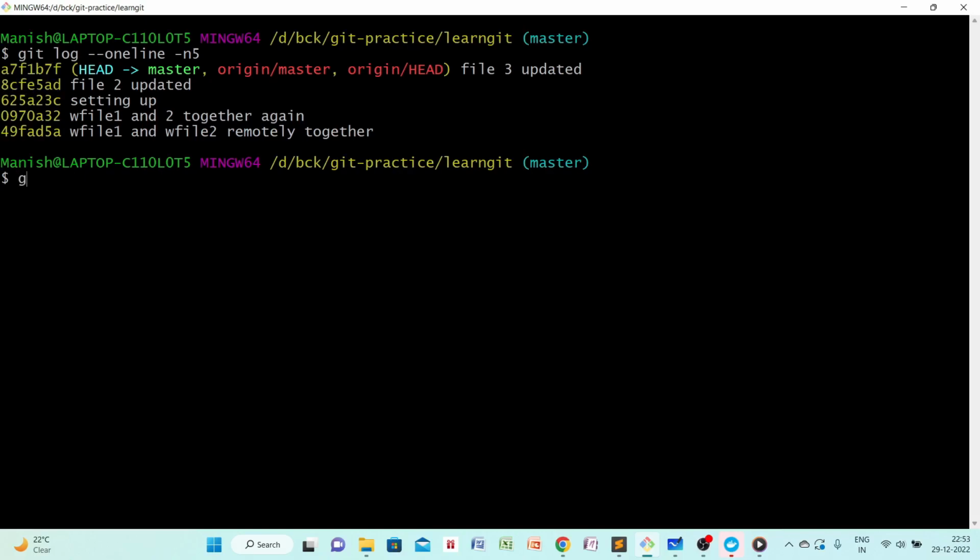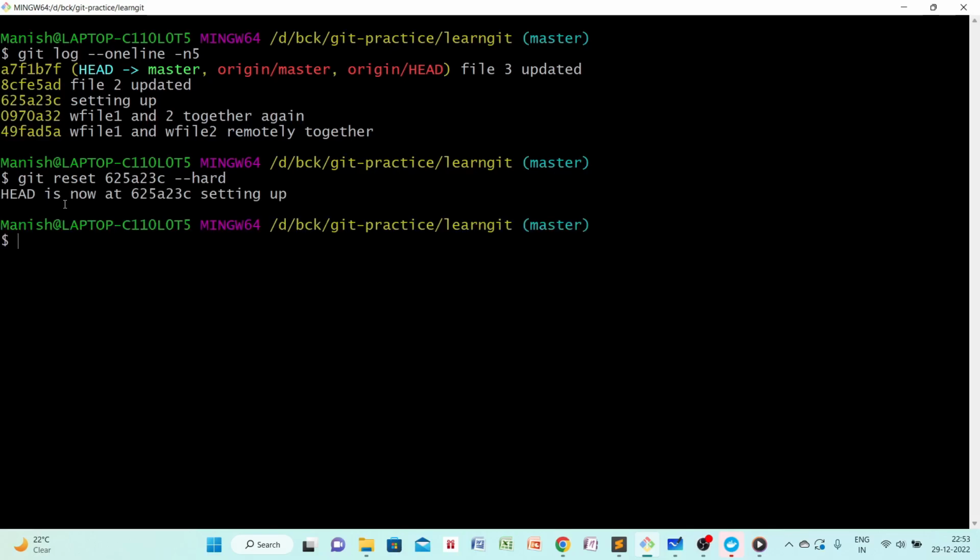Let's see this. We will do git reset, then copy this commit id here, and we will do a hard reset. Let's do this. Now the head is pointing here. If I see the logs again,